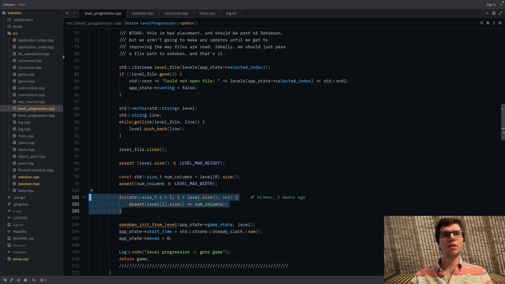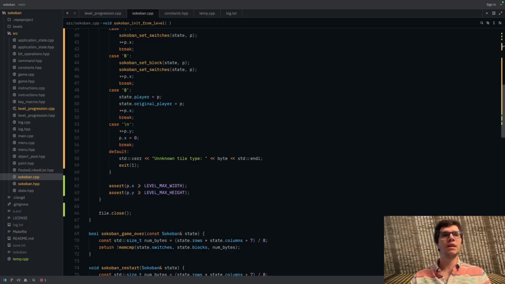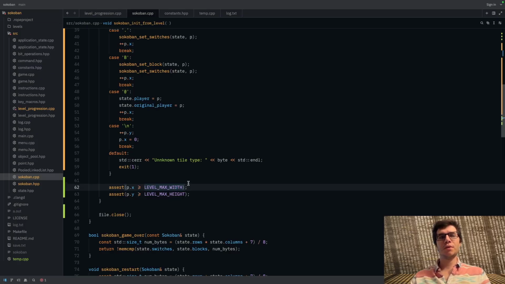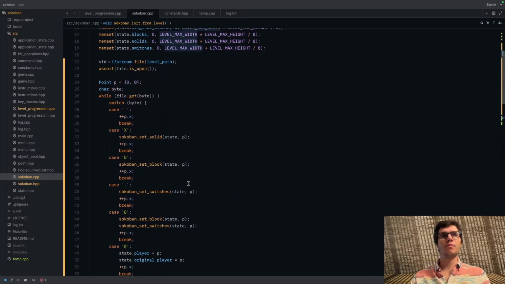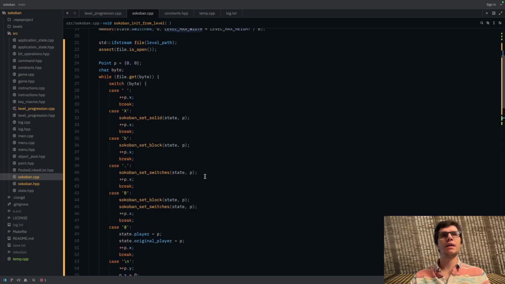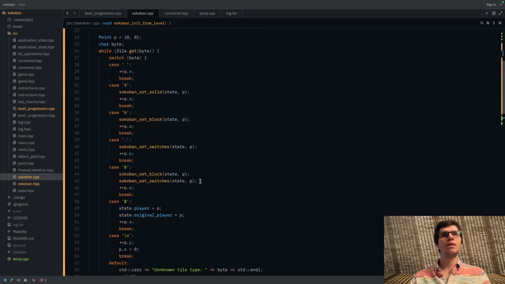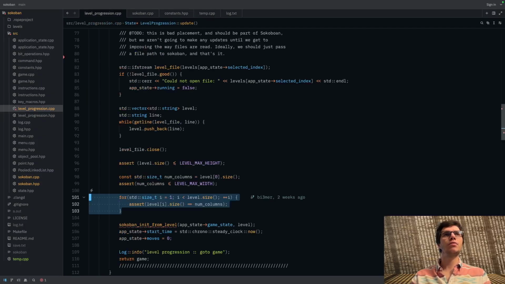So I'm just gonna go line by line, right? This is just assert where we're checking the lines. Now we're just doing that a lot of times. We're doing it basically for every byte, which is a little inefficient. We could be a little bit smarter where we actually figure it out, but we'll come back to that in a second. What we're missing is we were setting state.rows